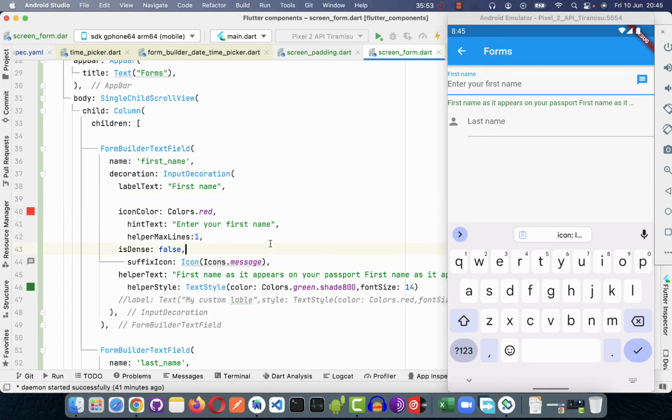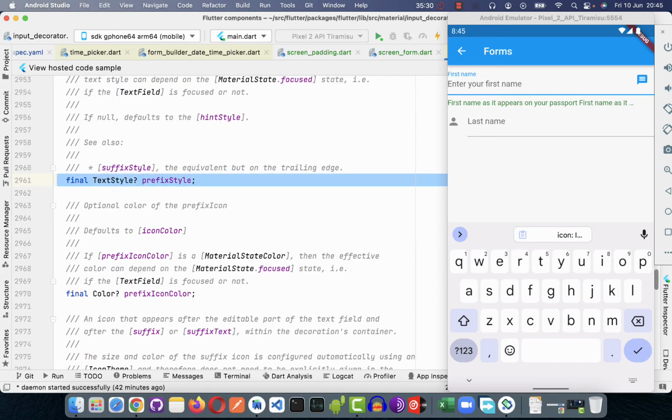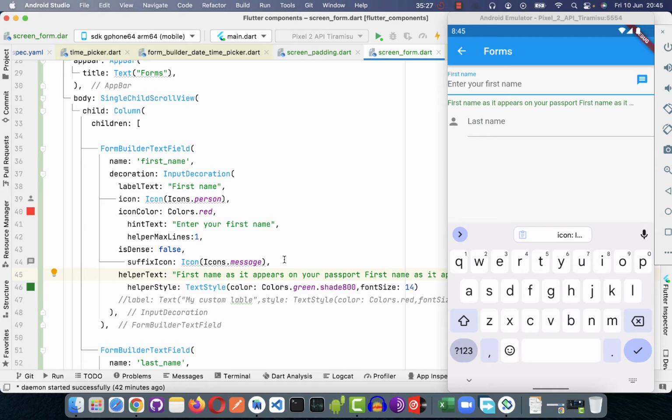So how do you do that? By passing the suffix icon. They give us full control to play with the user interface and do anything you may want to do. So we can proceed. That is the suffix icon. Then prefix. A prefix is a widget. Assume that you want to attach a widget in front, you may pass what you call a prefix. So a prefix will give you ability